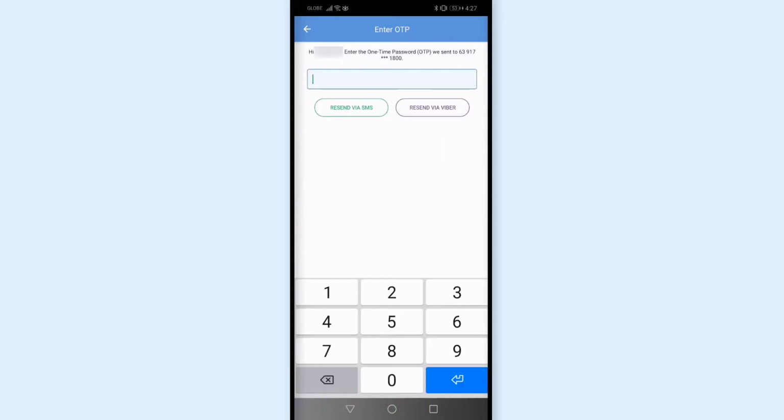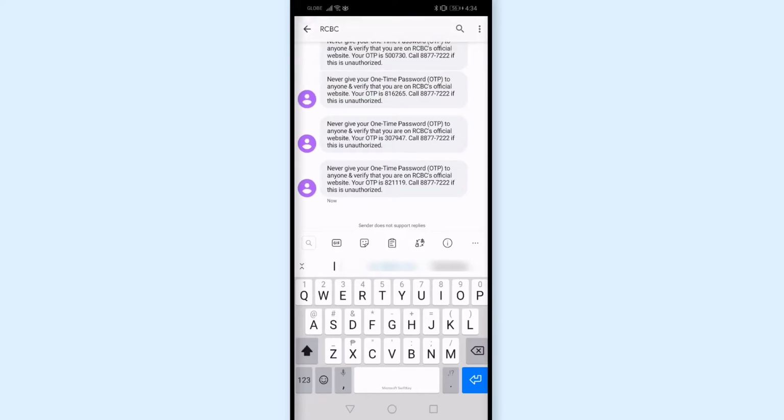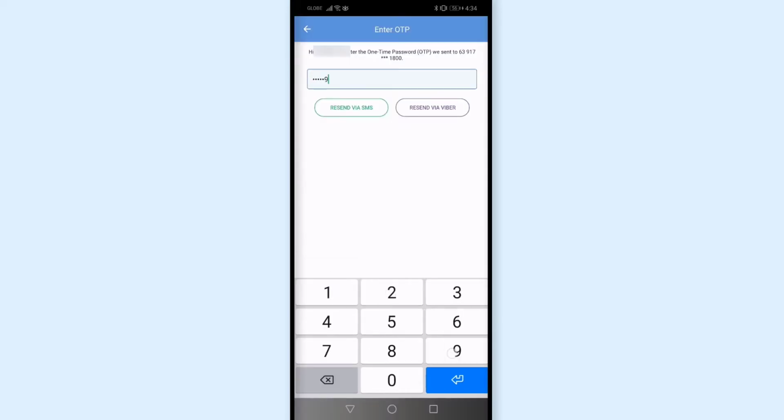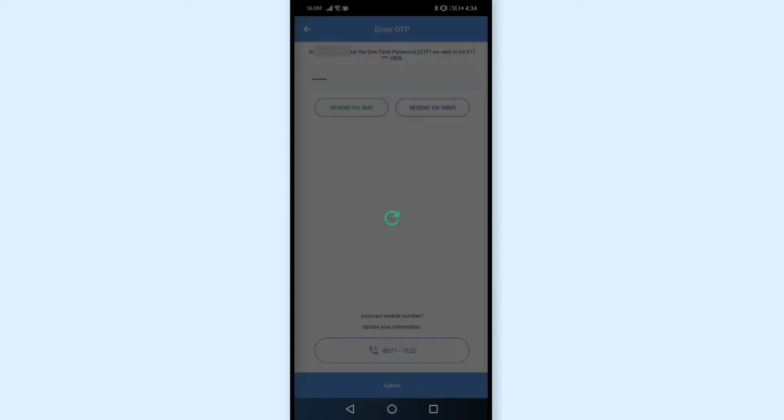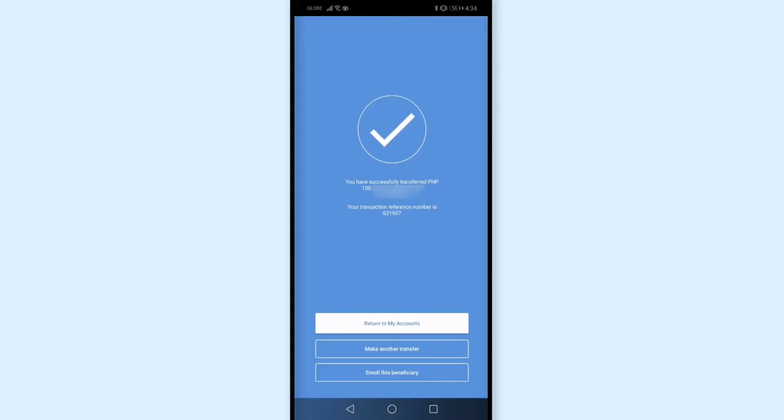And hintayin ko lang yung code na ma-send sa phone ko. And processing na siya. And yun na, you have successfully transferred 100 pesos to this account. And meron ditong reference number. So, sa inyo, kung hindi nyo pa makokompirma kung nag-transfer successfully yung pera, mas maganda na i-save niyo yung reference